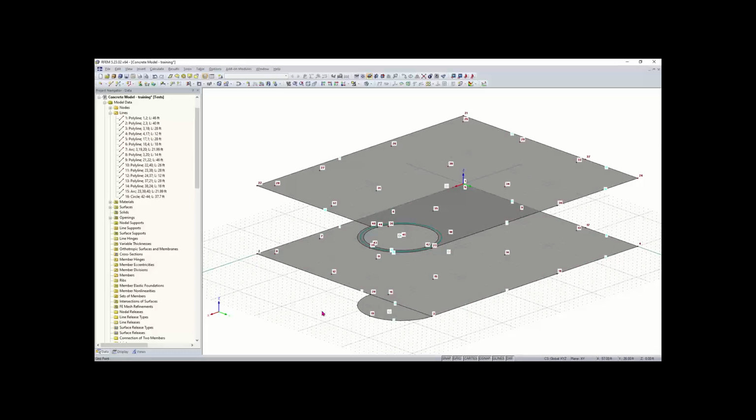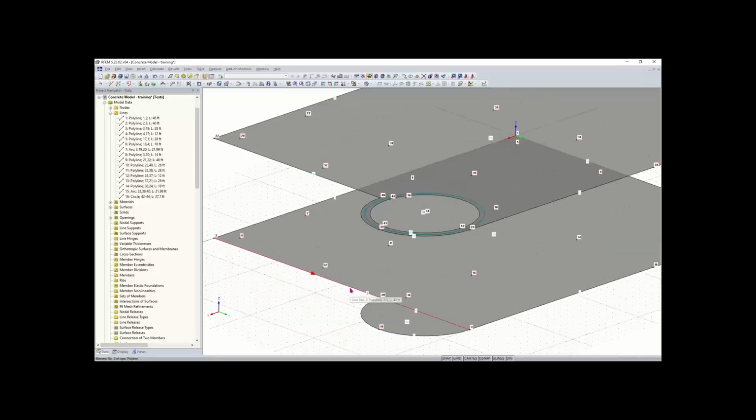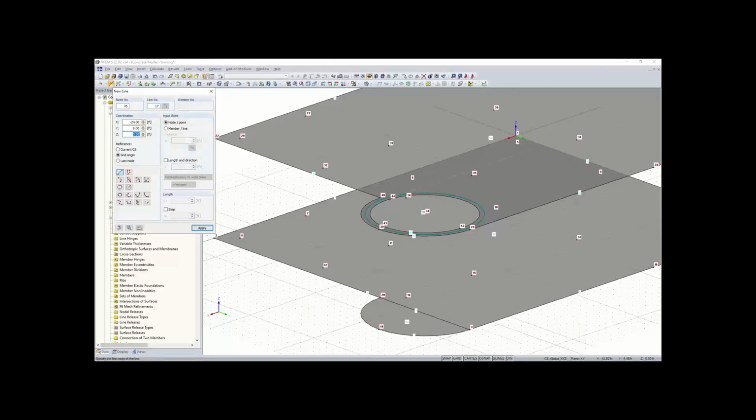And now what I want to do is create some new lines. And I also need to create some new nodes here on this line. So I will, well, I don't need to create a new node there. I can just go up here to new line. And basically what I'm doing is just connecting the floor to the ceiling with this line here, which will act